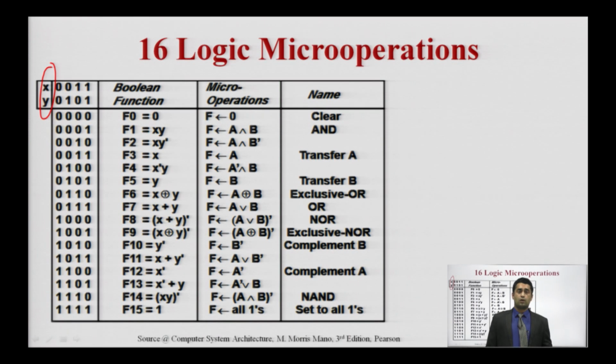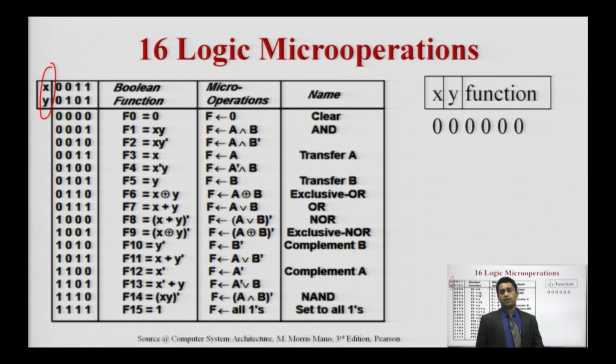Now how are you going to use this nomenclature of X, Y and the binary representation in 4 bits for the function? Take an example where I am using a representation, for understanding purposes, in 6 binary bits. Here X is the first input, Y is the second input, and these 4 binary bits are the nomenclature of a particular function.